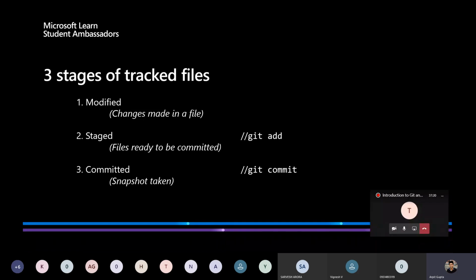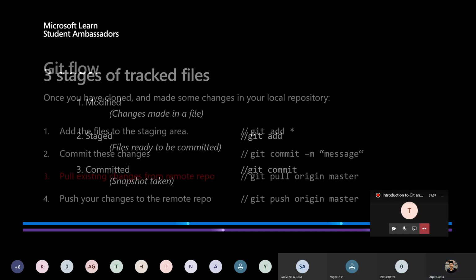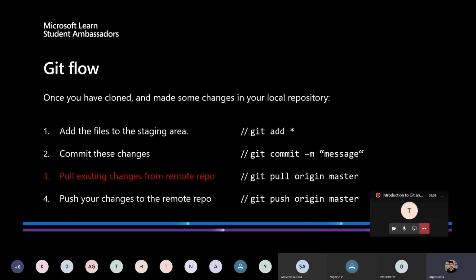So the second stage is the place where you have to send your files so that they can be committed. After modifying the files, you run git add so that all the files are sent to the staging area, and after that you commit the changes which you've done. That is the point when a snapshot is taken by git, and the change which you did is actually committed by you. So this is basically the workflow. You first modify a file, send it to the staging area, and then run git commit so that the changes are committed. This is the git flow which I was talking about in the previous slide.